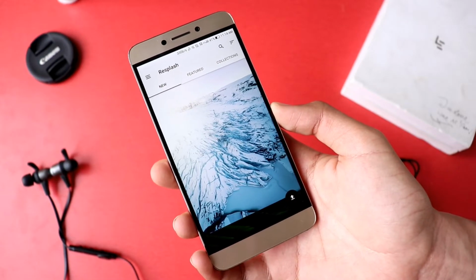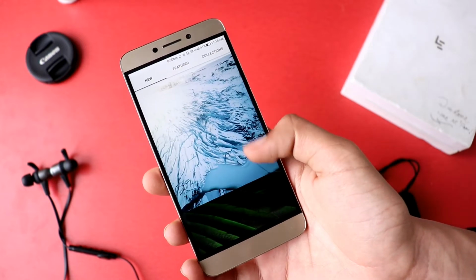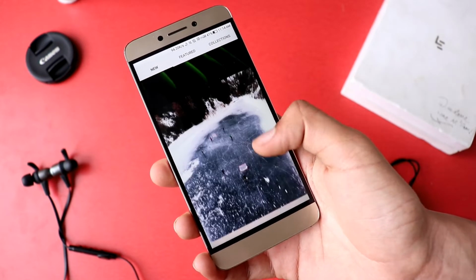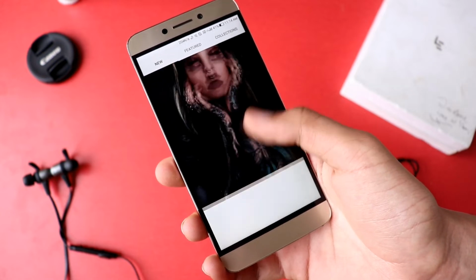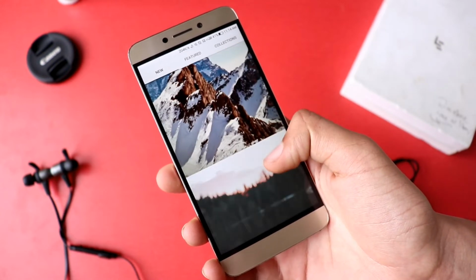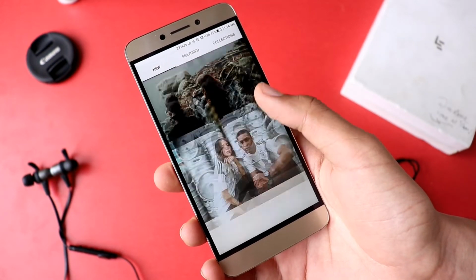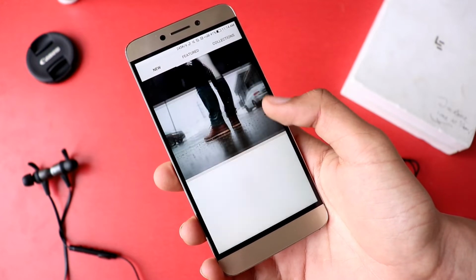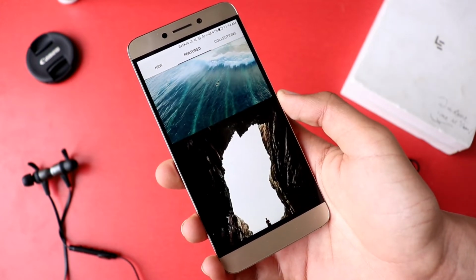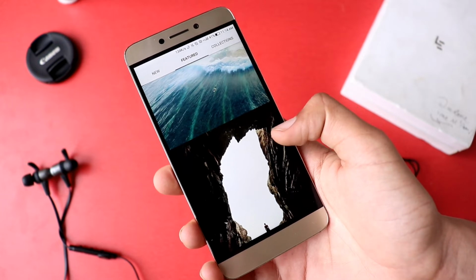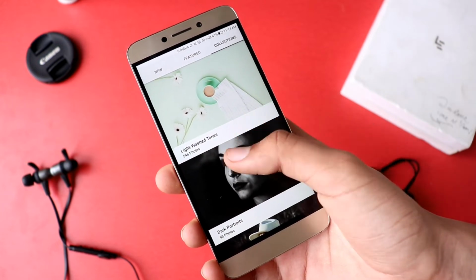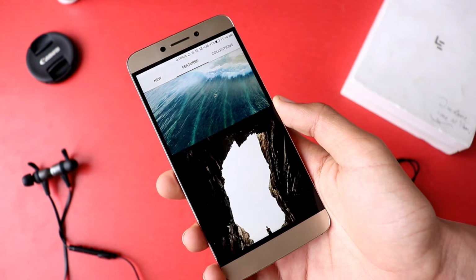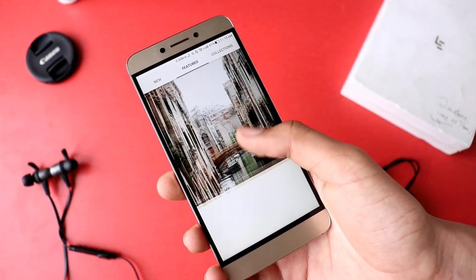So first things first, let's talk about the wallpaper, and for that I use Resplash. Now Resplash is basically an Unsplash client, which if you don't know is the photography based website where photographers from all over the world actually upload their photos which you can use as a wallpaper. The good thing about this app is that you'll find wallpapers of all sorts associated with different vibes. The UI of this app is also super clean, and once you have your wallpaper sorted, let's move on to